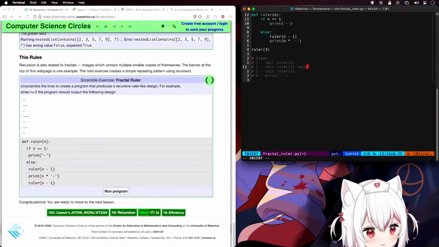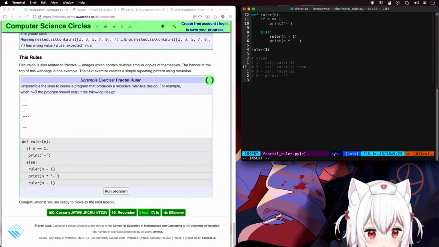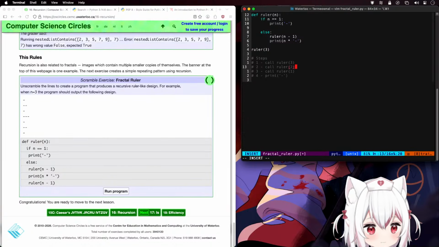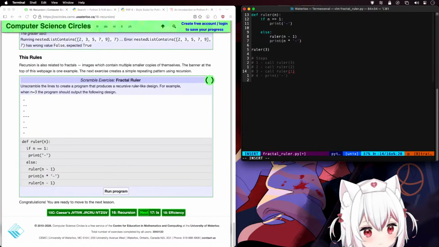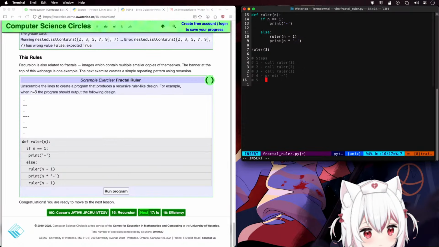I don't like how I'm writing this. Does this make sense? First we call ruler 3, and that calls ruler 2. And then that calls ruler 1, and then ruler 1 prints one of those. And then we want to, what does calling ruler 2 do? Ruler 2 prints